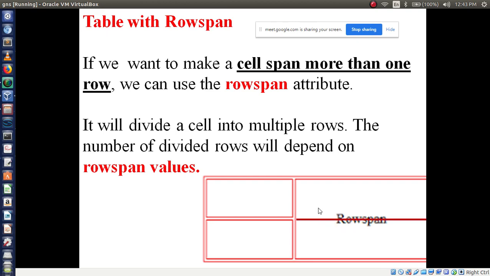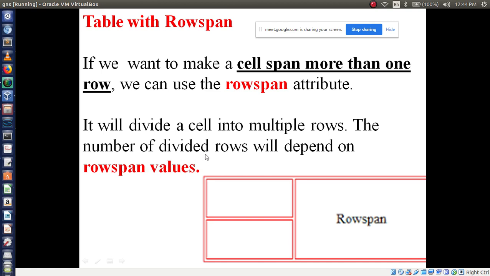So basically two rows are here, and I am making a merging of two rows. This is a row span. Is it clear? Here two rows are there, but on the right side we are getting only one row. It means rows are spanned, merged. So it will divide a cell into multiple rows.